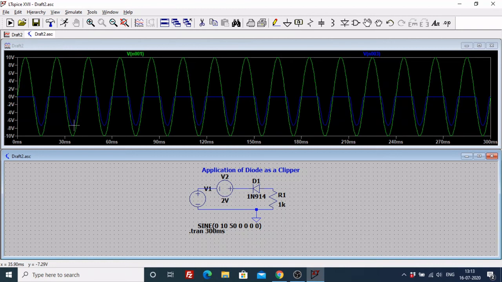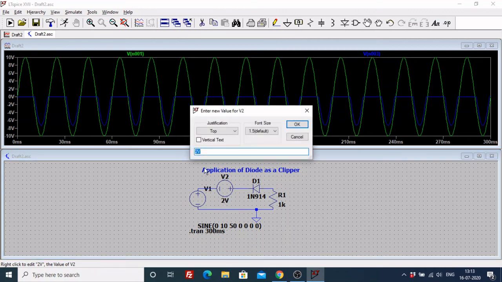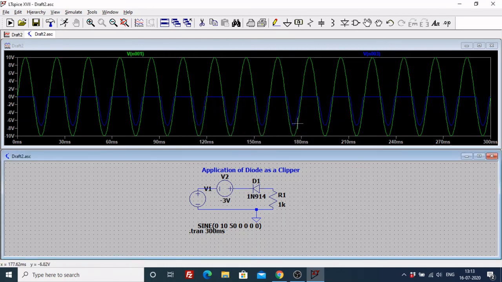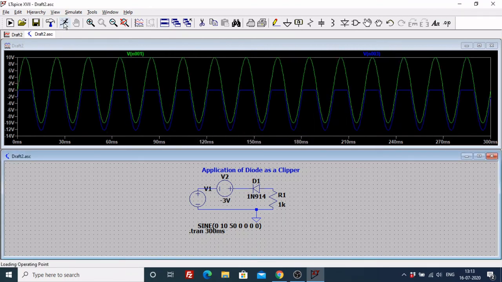Now say I want it to go from 0 to 12 volts. I will have to add a biasing by just turning this battery. So what we're going to do is, instead of turning the battery, I'll just convert this from 2 volts to -2 volts. Also, so that we are not confused, let me make it -3 volts. And I click on OK. And now I run my program again. And you can now see that this is going from 0 volts to -13 volts. A 3 volt bias is added by this battery that I have added into my circuit. So this is a positive clipper with biasing.